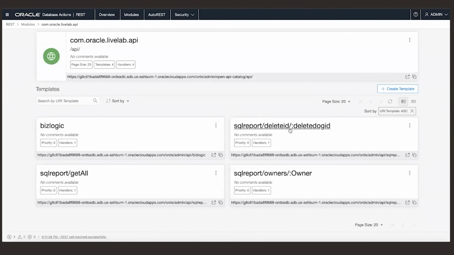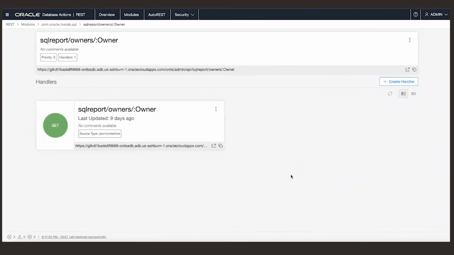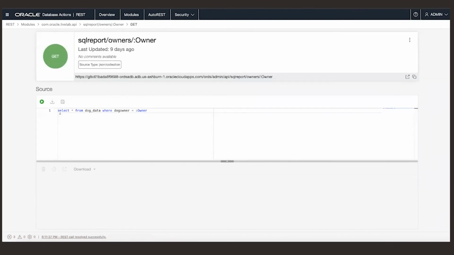And then next is, for example, we're going to do some select by owner. So as you can see here, it's a different URL path. If we click this, you can see it's select everything from dog data where dog owner equals this parameter. And this owner equals the owner in the URL as well.